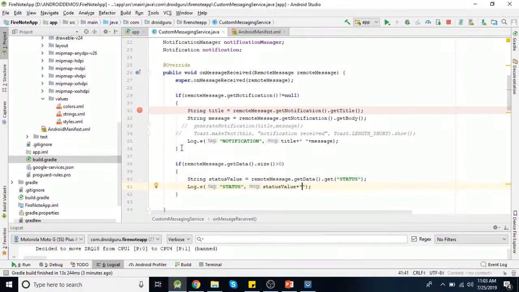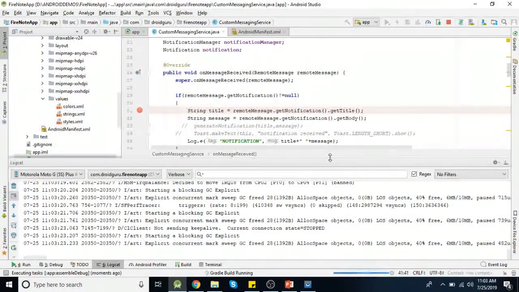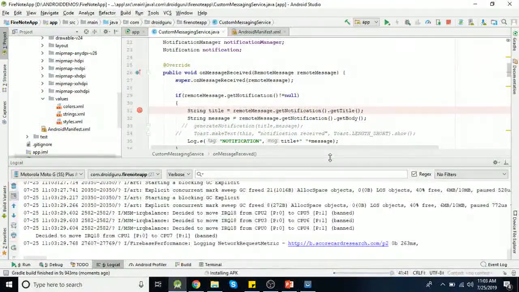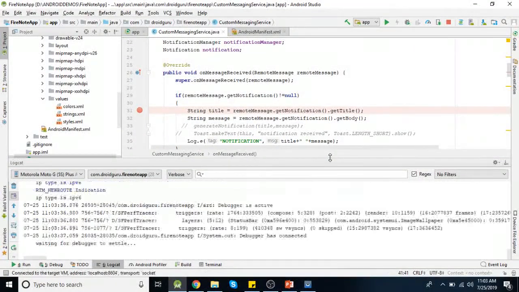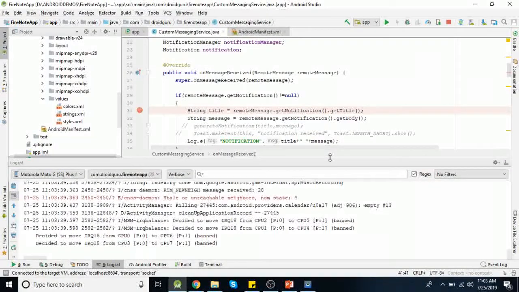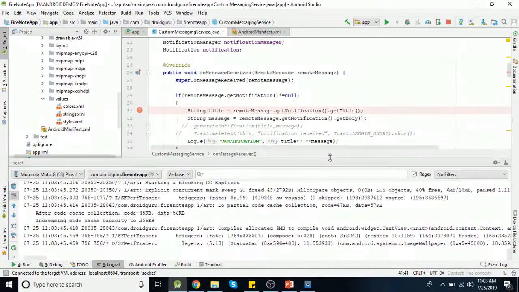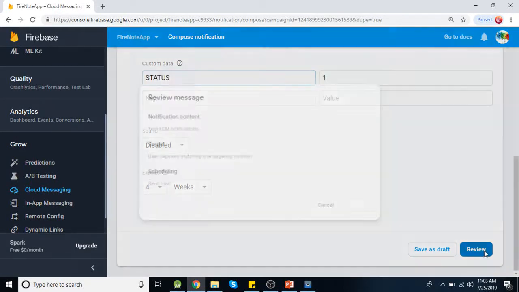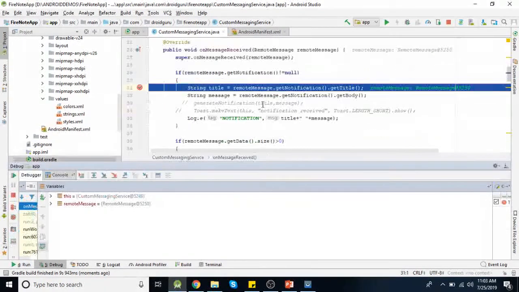Now let's check it again. Now when you send that push notification with this key value pair, okay, we received this here.